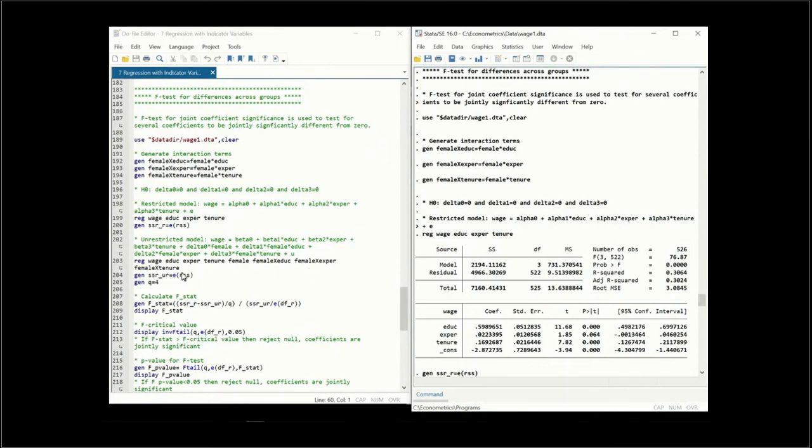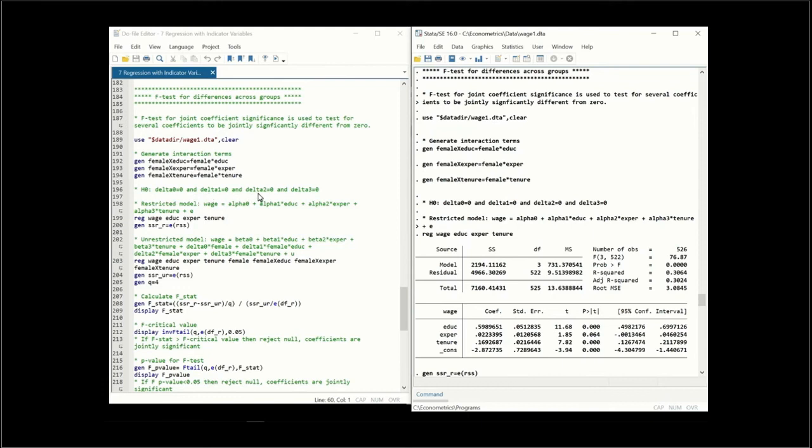Our restricted model would be a regression of wage on education, experience, and tenure. Notice that we restricted all of these coefficients to be equal to 0 here. This is why it is the restricted model. And so here, the null hypothesis would be that the parameters on the